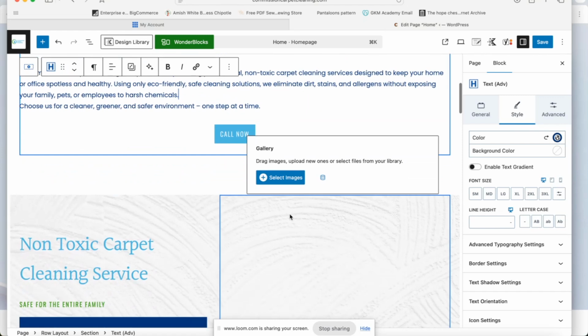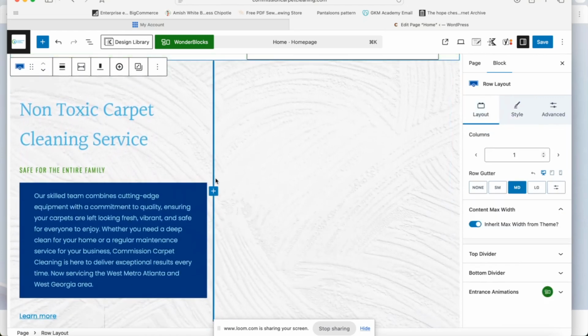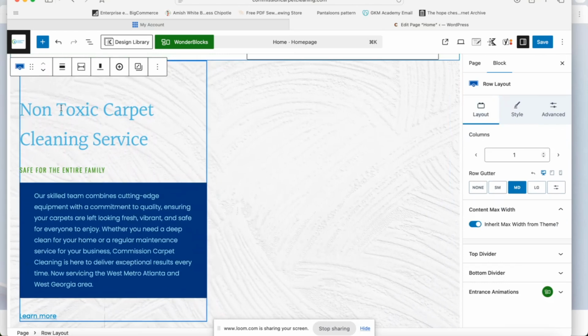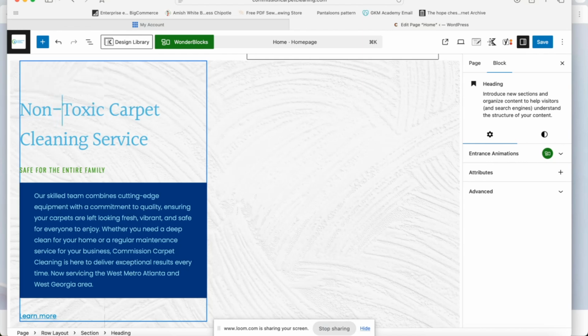Okay, and then I'm checking my notes of what we're updating. We're going to scroll down to this section. So we want to add a dash between non and toxic. So we're going to put our cursor there to edit the text, backspace, type the dash in,